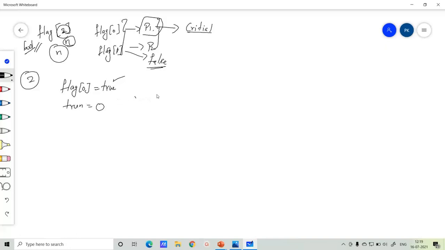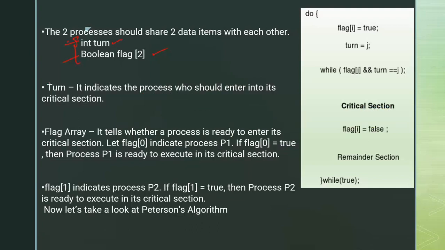So what does that mean? This turn is going to indicate the process who enters into the critical section. Which process can enter into the critical section will be represented by turn.